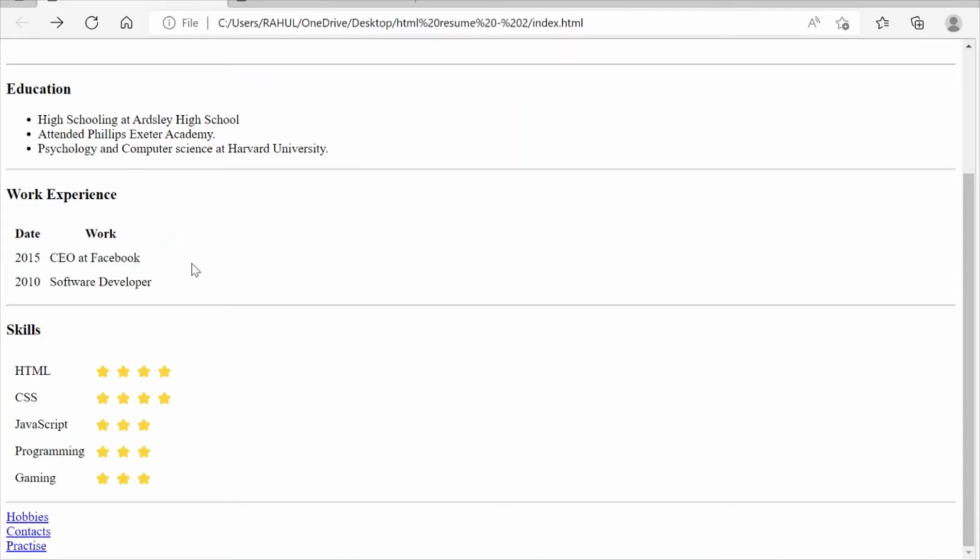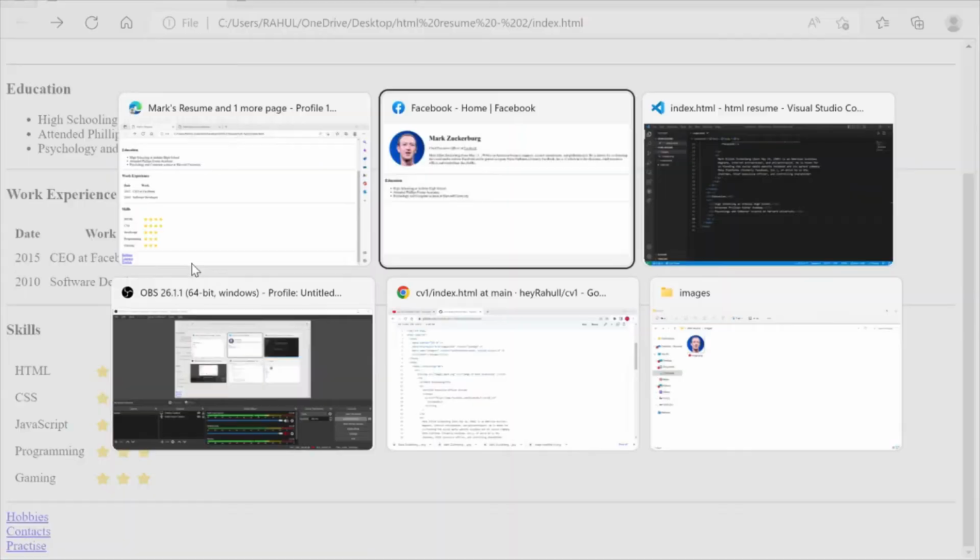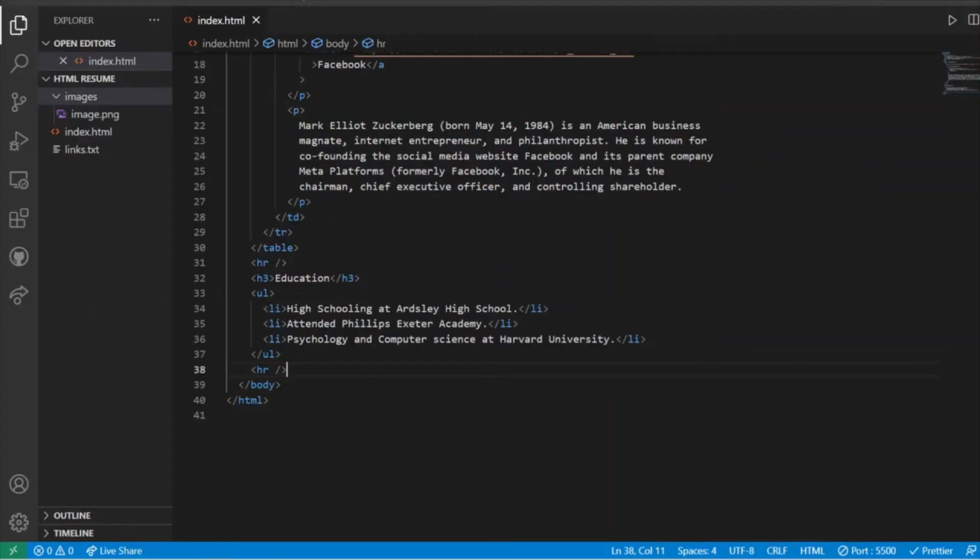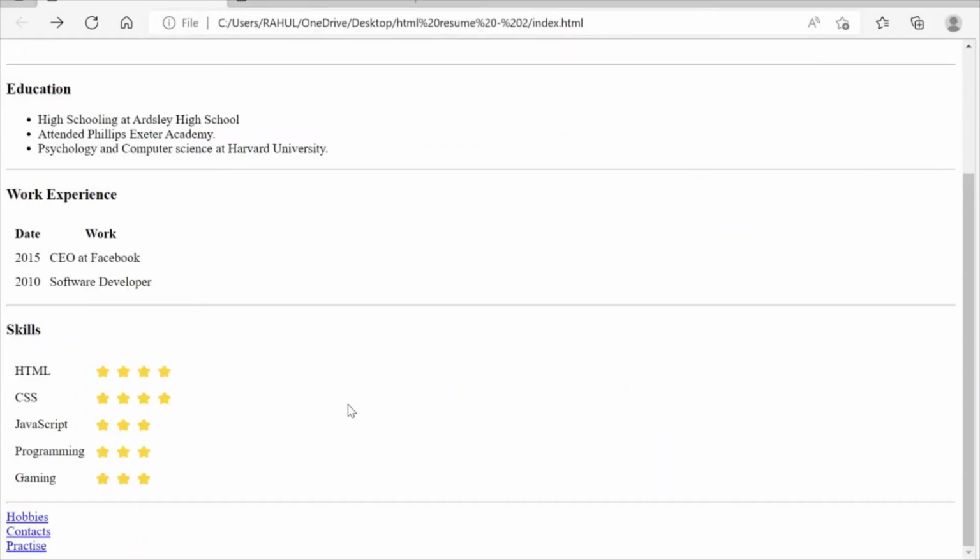So let's try to achieve this kind of section. First of all we are going to put a level 3 heading which will say work experience, and let's see if it is displayed. Yes, work experience is now displayed.